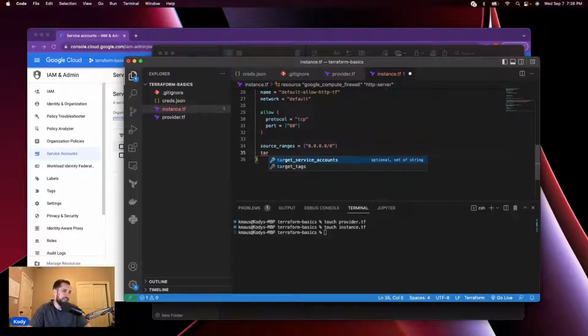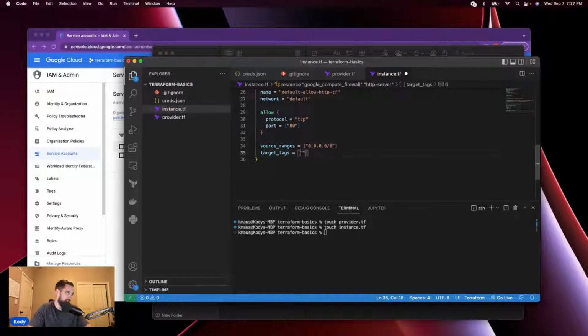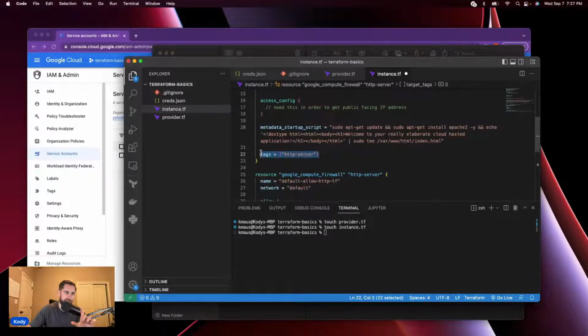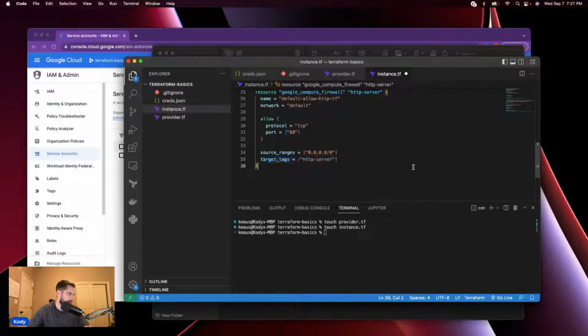So we're also going to target certain tags, right? And we're going to target the HTTP server tag. So it associates this firewall rule with this VM instance that we defined up here. So we tag this VM instance with HTTP server, so it's going to associate this rule with that server. And we're actually going to give an output as well, that way we have the IP when all this stuff is built. So we're just going to give it IP address, and the output value is going to be